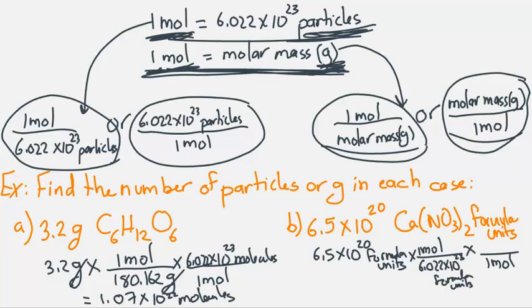Here we have 1 times 2, so it's 2 nitrogen, so it will be 28, plus oxygen is 3 times 2, so 6 oxygen, 6 times 16, so altogether it will be 164.078 grams. Now formula unit by formula unit is cancelled, mole by mole is cancelled,